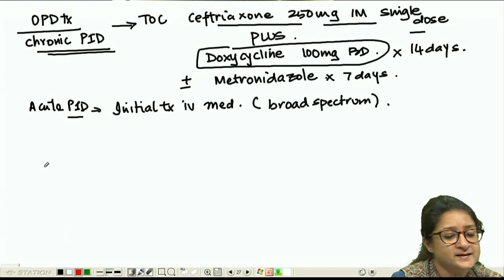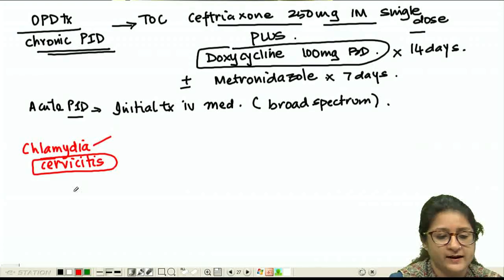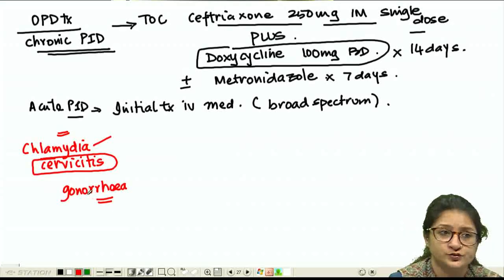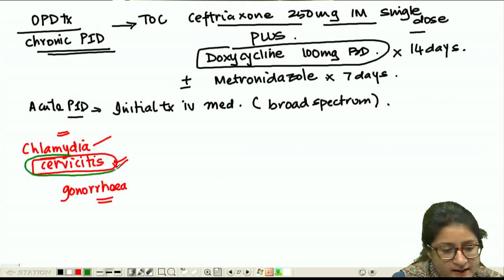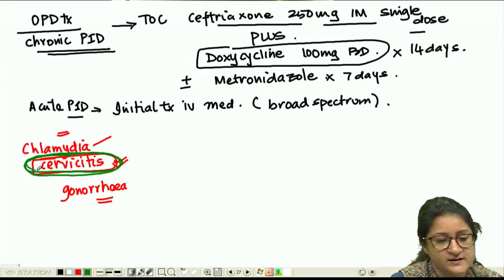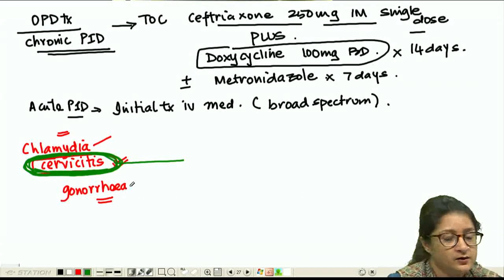But if they ask you specifically about cervicitis, chlamydia, cervicitis, when we talk about cervicitis, we have to take care of chlamydia and we also have to take care of gonorrhea. This is called the syndromic approach when we deal with cervicitis. Cervicitis is different from PID, all right. In PID, the minimum criteria is there. In cervicitis, there is only infection of the cervix with no other findings suggestive of PID. So whenever we have cervicitis, we give an empiric treatment. We cover chlamydia, gonorrhea, and here the treatment of choice becomes